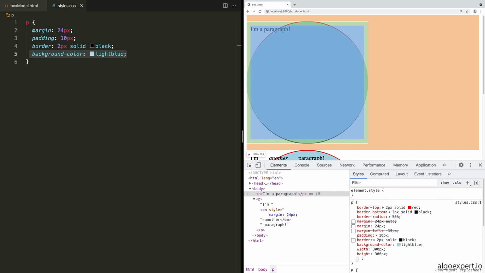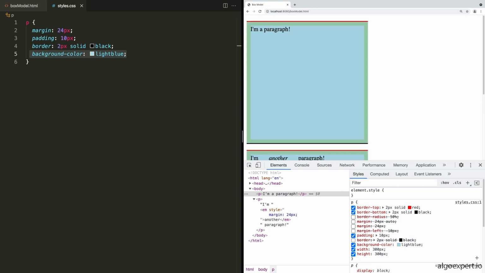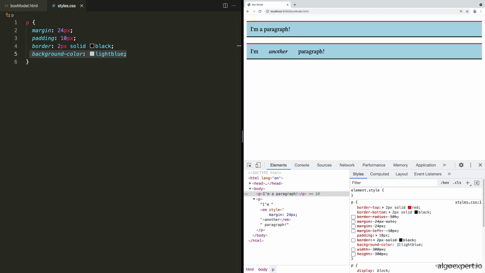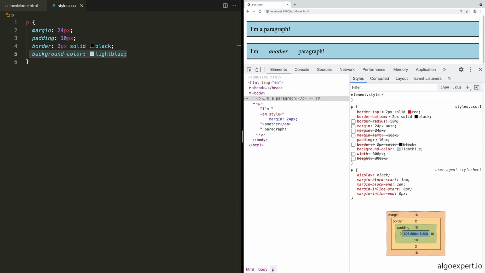However, we could center the paragraph text using Flexbox or some other properties that we'll see later on in the crash course, and then get an effect where we have a circle with centered text inside of it. But anyways, for now, I will get rid of this border radius and we will go back to what we had. Let's get rid of the width and height as well and make this bigger once again. And finally, to recap, let's take